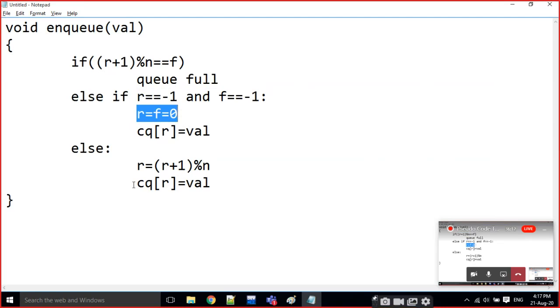But for the normal values, instead of r is equal to r plus 1, I make a small adjustment: r is equal to r plus 1 mod n. Then I add the value. Just note it down, everyone. This is the enqueue algorithm. In this way, the circular queue is going to work. This is the outcome of the simple queue.